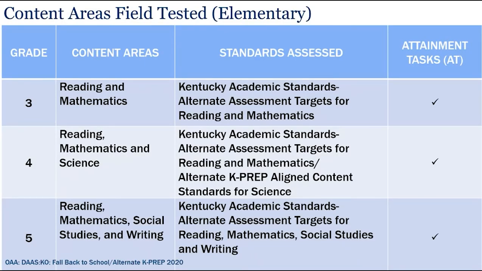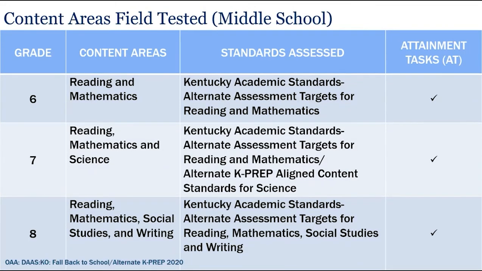Slide 8 focuses on the content areas that will be assessed at the elementary level. One thing to note is that many schools have a different grade configuration. So your school may not be a 3 through 5 grade span. It may be a 3 through 6 or a 3 through 4. The 3 through 5 grade span is used at the state level, as that is how district accountability is represented.